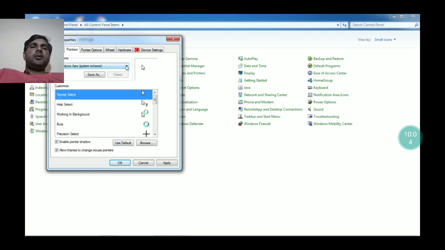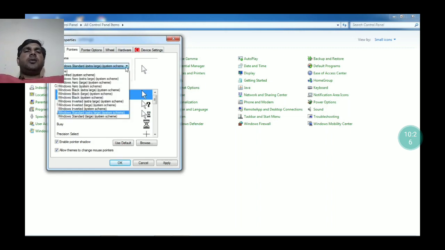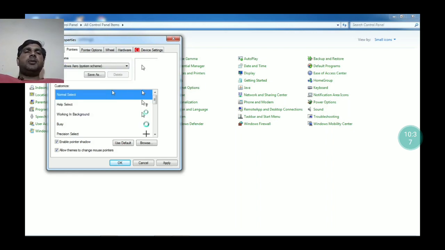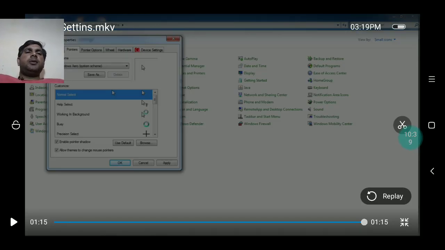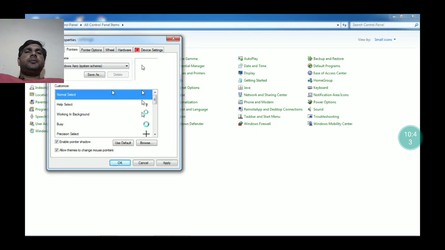And now how to change the shape of the pointer. Generally the pointer shape of the cursor is in arrow form, but we can change it. We can increase or decrease the size of this arrow. We can change the color of this arrow, and we can also change the shape of the arrow, meaning the mouse pointer can be changed. Click on this option and different types of options will be available in the drop down list. Click on any specific option, then the mouse shape will be changed.